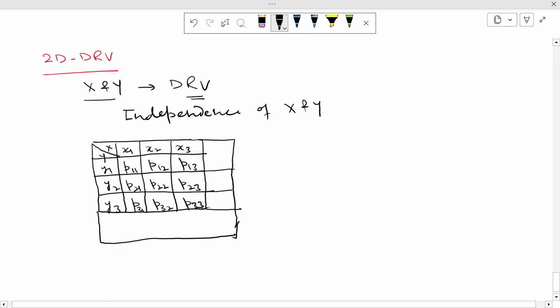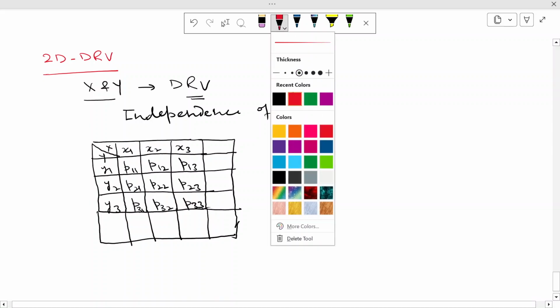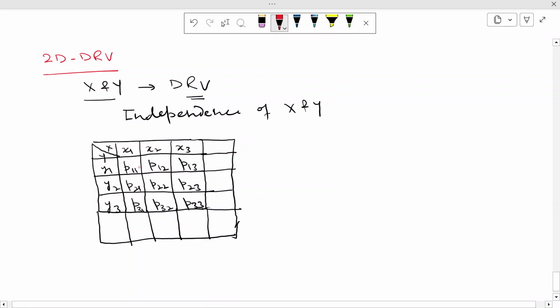In these extended rows and columns we have the marginal probabilities. First of all, the marginal for x: this is the first value of x, and corresponding to this we have these many values here. When you add them, you obtain this as